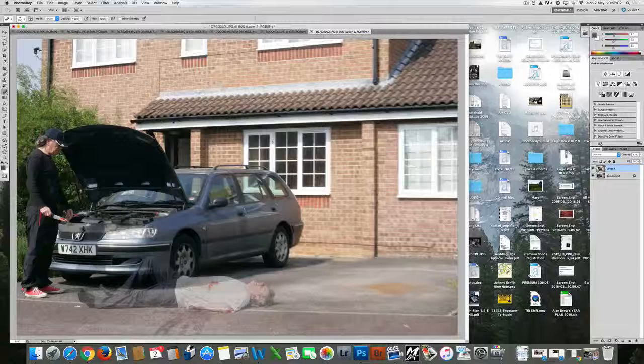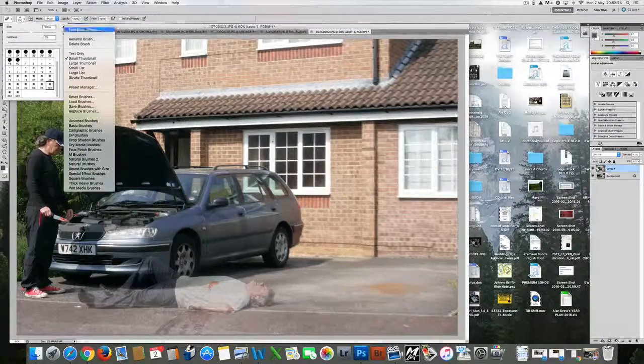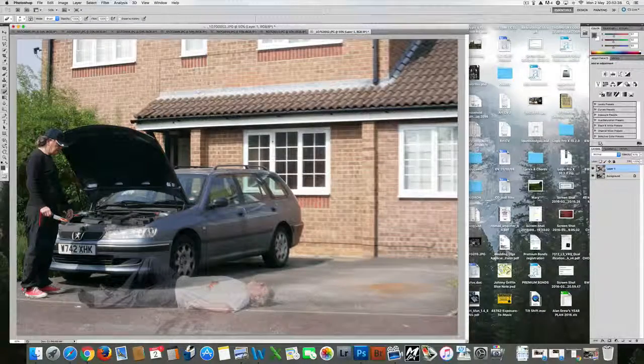There are shadows involved in this, so there's a shadow on the car I can see. I need to rub that out, so that's important. And there's a shadow down here as well, so what I don't want to do is rub out these feet. So I'll make the eraser tool smaller, so go to the brush size here. If you've got funny brushes in here, click this triangle up here and select basic brushes. And these, I generally choose a soft brush. I'll choose 21 here, and just rub around his feet here